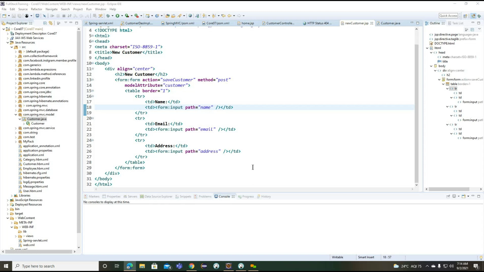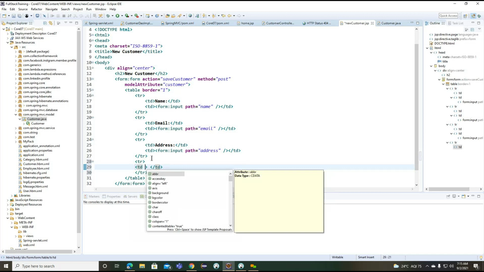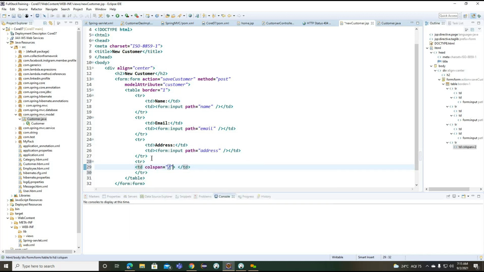Now what we can do, we need to add the submit button here. To provide this submit button, again we need to create one more TR here. Inside this, we can go for the TD. I want to add some space here, and here I want to add a submit button.